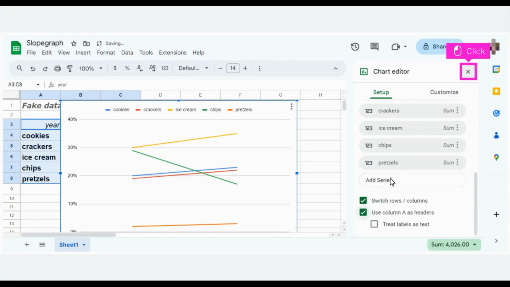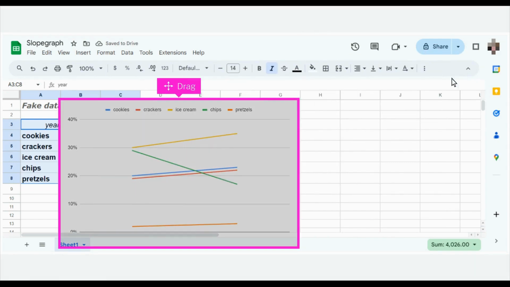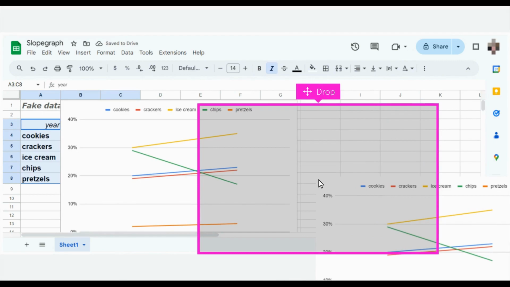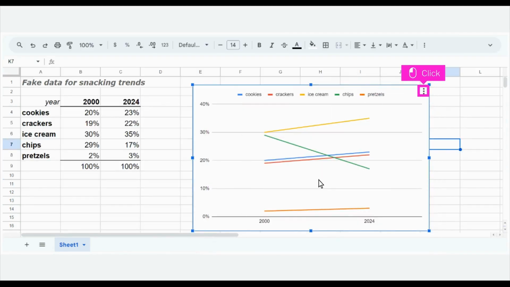Click Close. You can move the chart off of your data by selecting the chart and with your mouse, drag the chart, then drop it off of the dataset area. You could stop here. Your Slopegraph chart is created, but let's tweak it a little to make it even easier